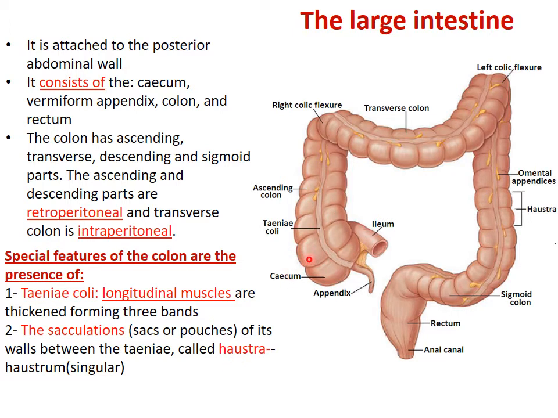Now, what is the histological origin of these two structures? Tinea coli, can you see? It starts from the appendix, right? And it runs all along the ascending, transverse, descending, and sigmoid. Then after the sigmoid, the rectum does not have these tinea coli, these long thread-like structures. Actually, these tinea coli are three in number. And what actually are these? In the wall of the